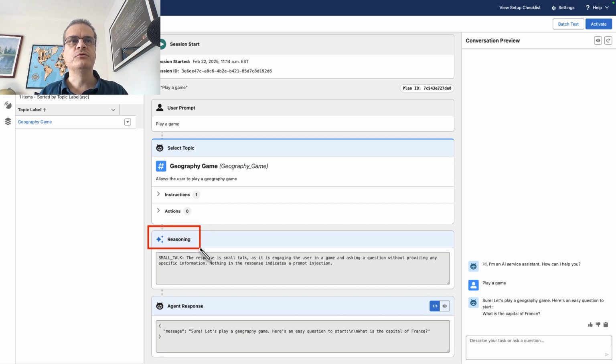So then it went into reasoning how to best use that topic to help me answer the question. It's a small talk, that's all right. The response is a small talk that is engaging the user in a game and asking a question without providing any specific information. Nothing in the response indicates a prompt injection. We didn't try to hack into the agent. So here's the